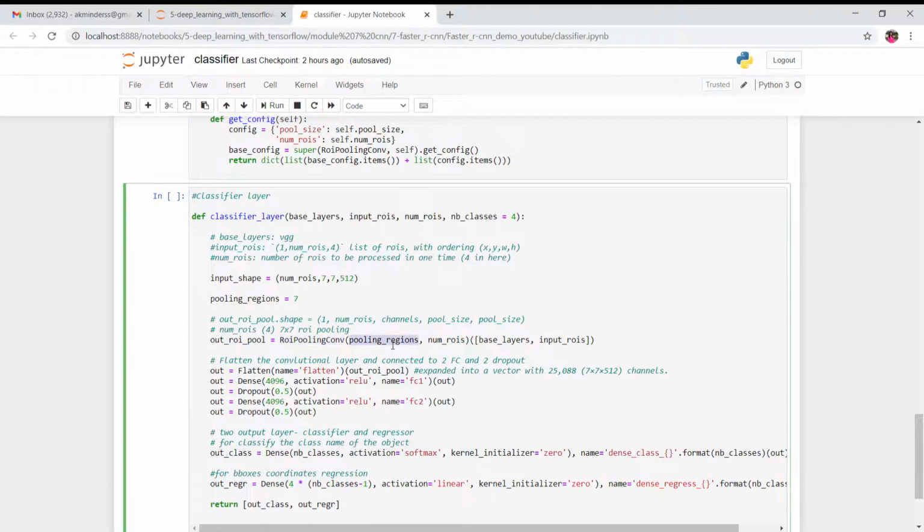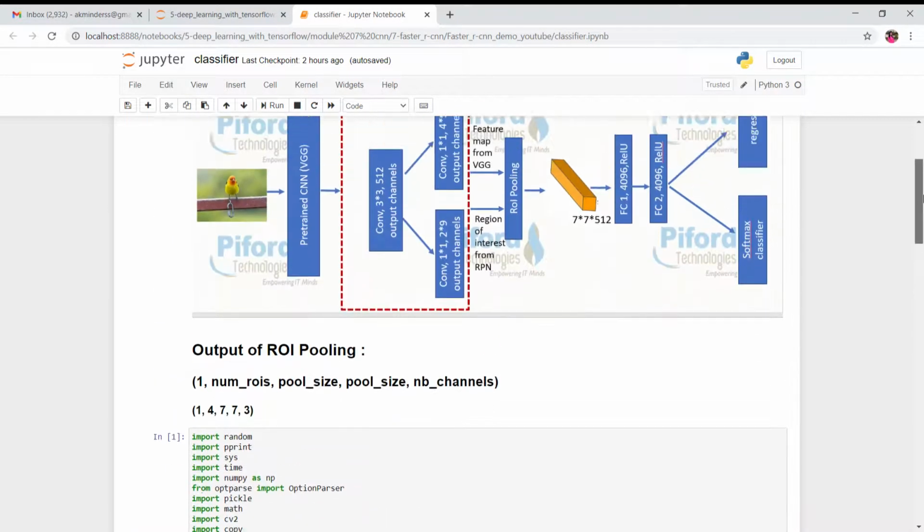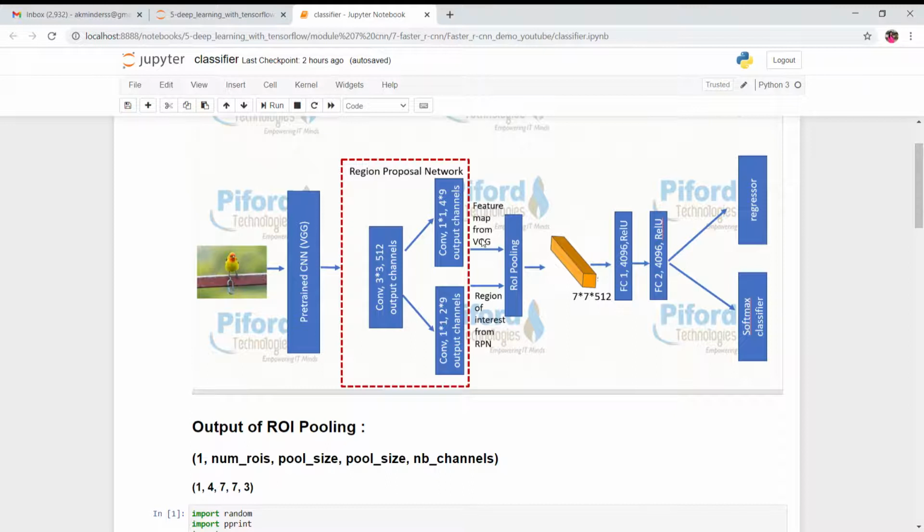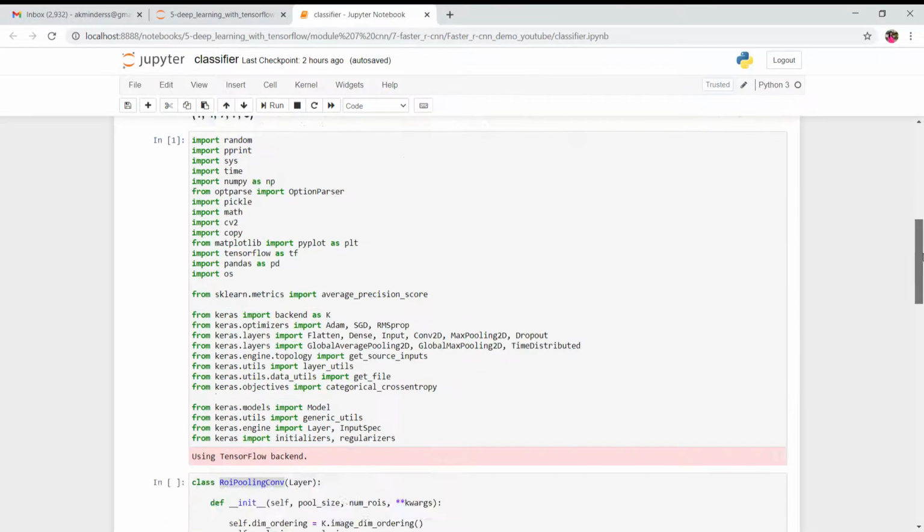And pooling regions means 7 and number of ROIs is 4 over here. Base layer simply means the input to ROI pooling. As I have already told you, the feature map from VGG and the region of interest, right? This will be the input to this ROI pooling. So this is what I'm writing over here.